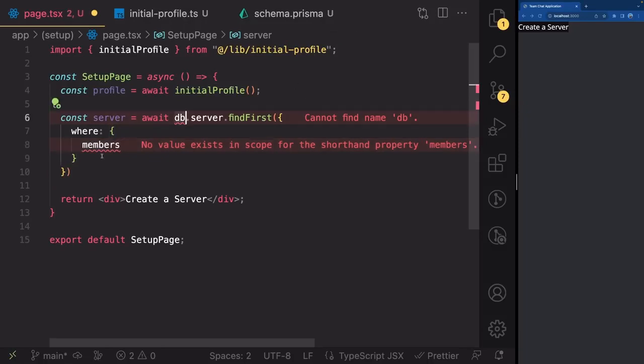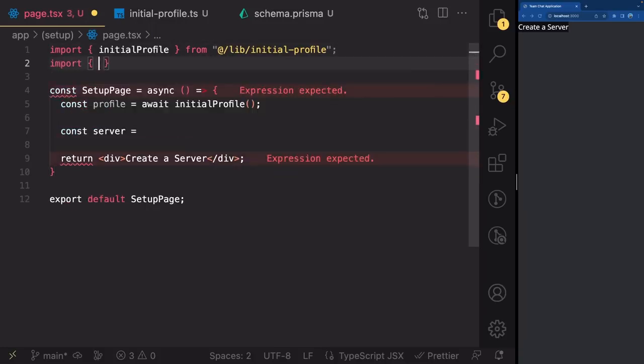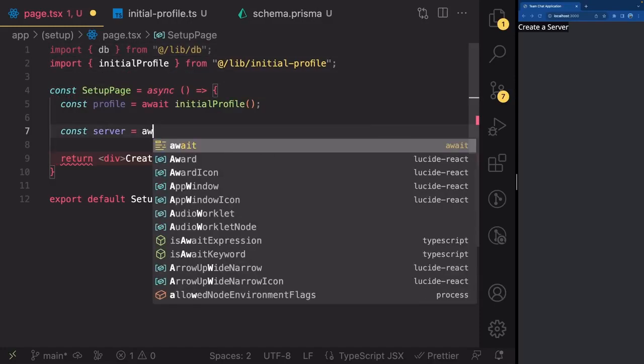Oops, I did not import db, so my apologies. I'm just going to remove this so we follow along. So import db from /lib/db. My apologies, I forgot to import that. So now let's go ahead and write await